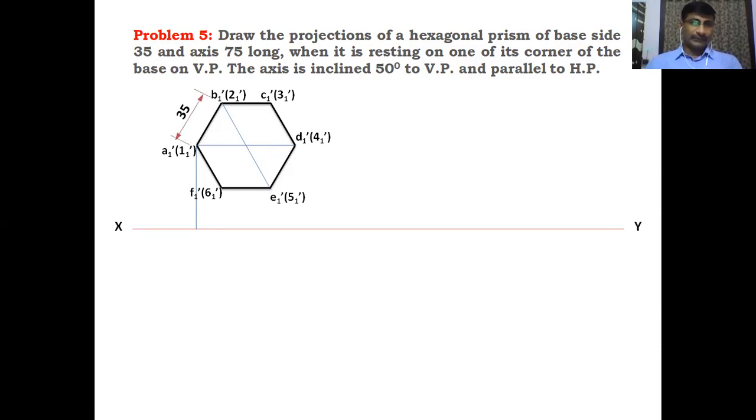Next, the dimension of the hexagon is 35 mm. All sides must be equal. Locate one of the sides as 35 mm and draw the projectors from each of the corners onto the XY line. These are the projectors from the center. This is the projector from C1 and E1 dash. And this is the projector from D1 dash or 4-1 dash. These are the projection points intersecting the XY line. We form points 1, 2, 3, 4 and 5, including the center point.